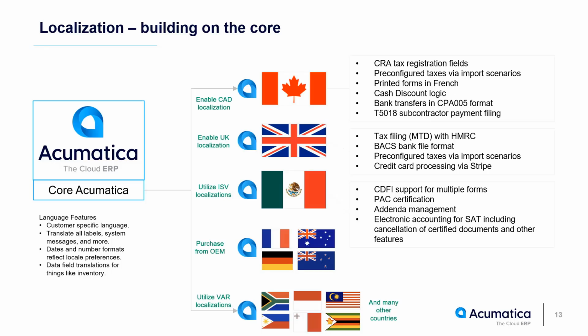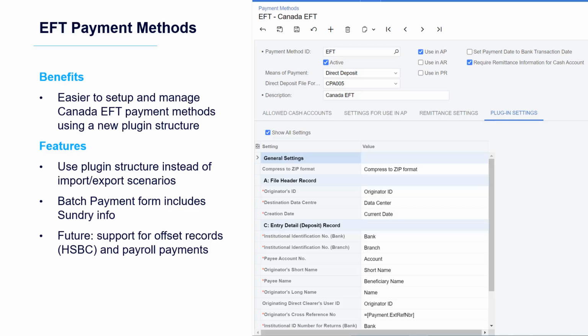Localization features. Acumatica delivers country-specific features on top of our core applications with the help of reselling partners, ISV partners, and OEM partners. Countries supported by the OEMs cannot share an instance with entities in other countries. In 2024 R1, we extended the use of plugins to make it easier to configure export files in the formats